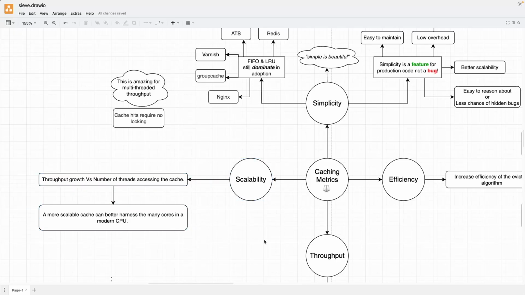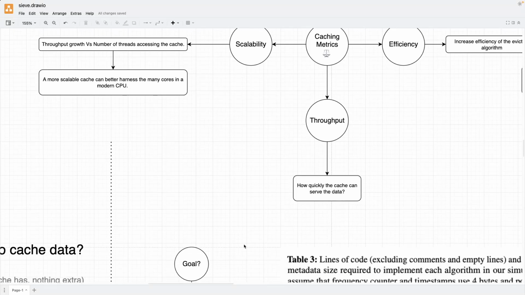So I will be doing a demonstration later in this session where we'll be comparing FIFO, LRU and Sieve all next to each other on a certain trace. And there it'll be more clear that in case of Sieve, you don't need locking of the entire cache. You can just atomically access one item in the cache and you're done. So that makes it very good when you're having multi-threaded web servers and caching setups, which is very close to what you have in production today as well. So with that,